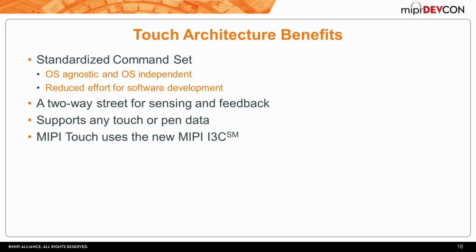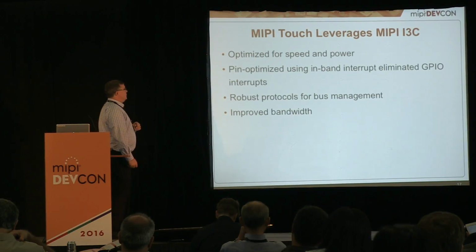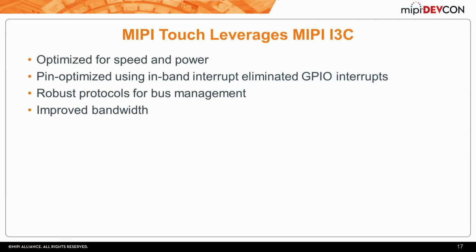We want to use that because we think there's a lot of nice features in it that really make it much easier for us, and it makes it much simpler from an end customer perspective who wants to be able to have high bandwidth for certain things and lower bandwidth for other things, and even may potentially dynamically switch between them. So I said we're going to leverage I3C. What do we see as the advantages this I3C is going to give us?